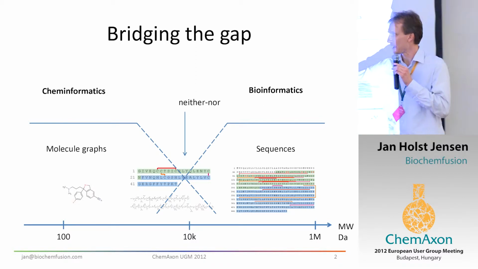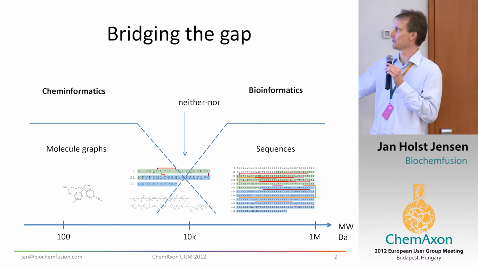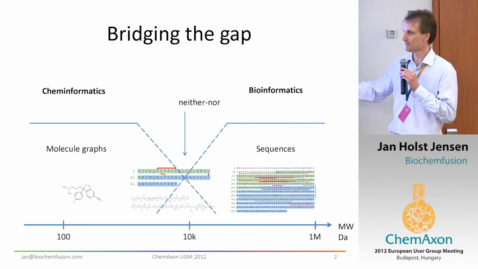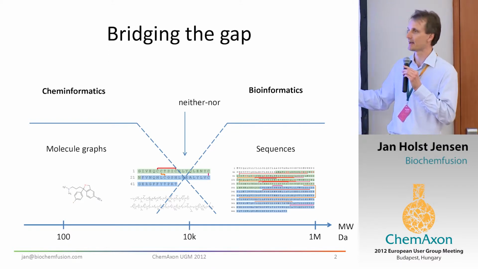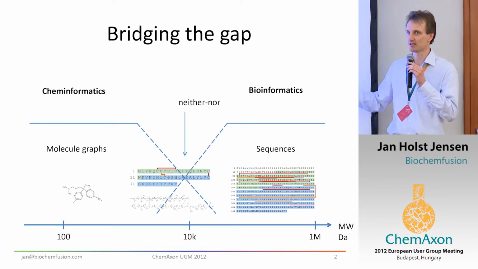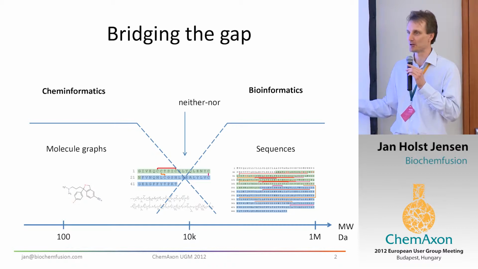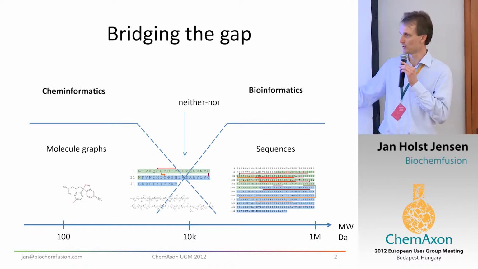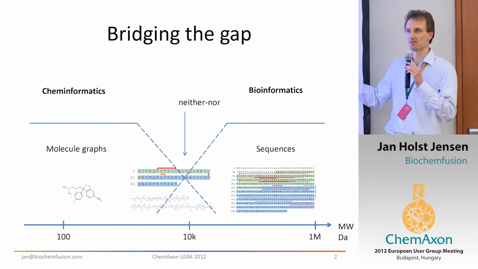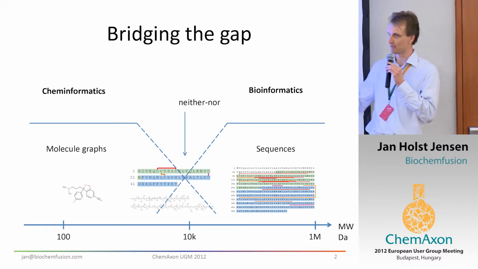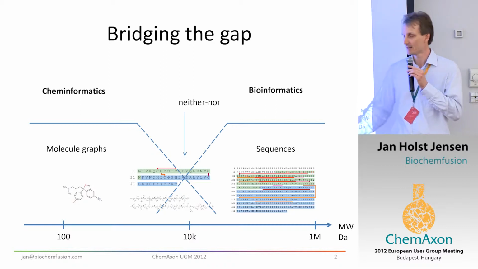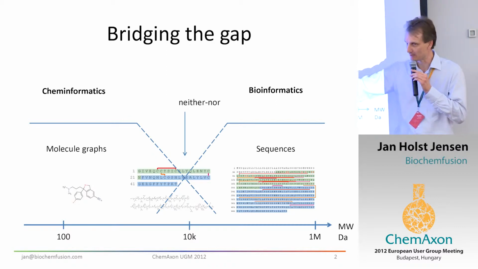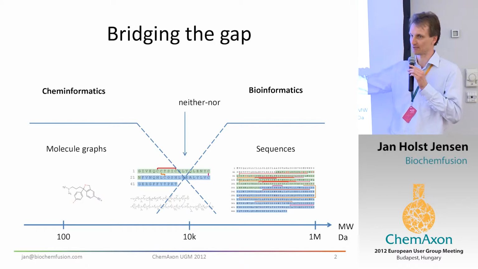We have the world of cheminformatics and we have the world of bioinformatics. The way I see the world, sequences are just another way of representing a molecule. When the molecules grow big enough, it's convenient to use sequences. When they are small enough, it's convenient to use an atom bond graph. And then you have those things in the middle where you want to view it both ways and switch back